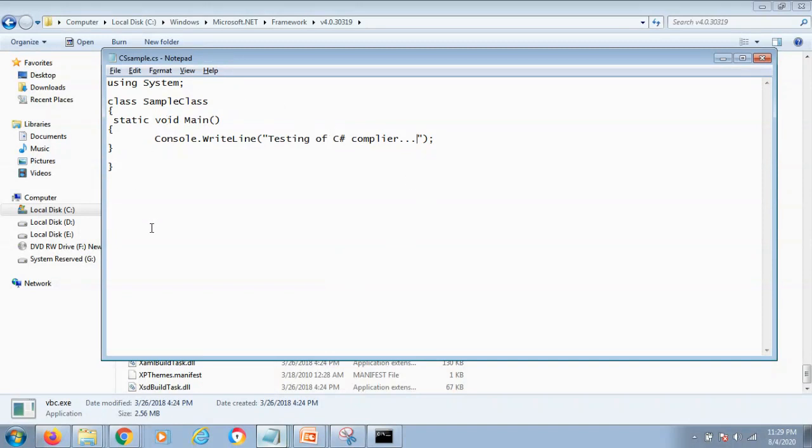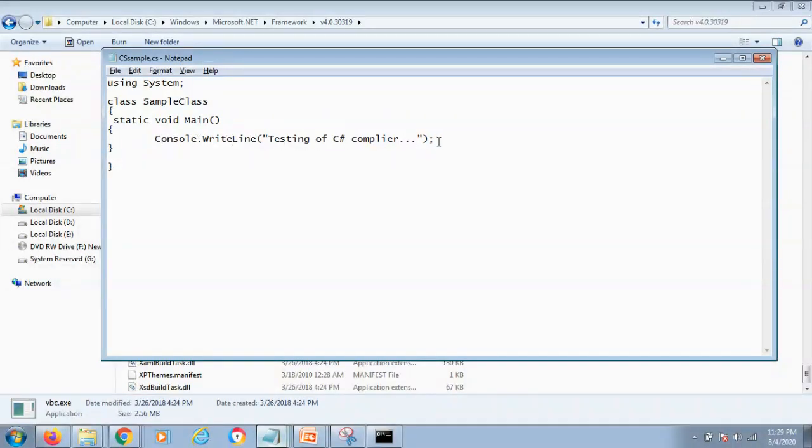I have a simple program here which is written in Notepad. Here we are using System. It's a root class directory, and here is a class, sample class, static void Main. Console.WriteLine.